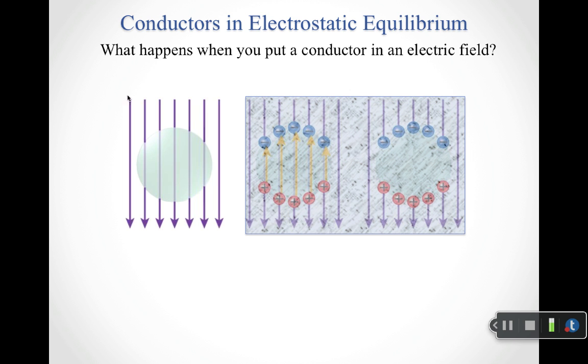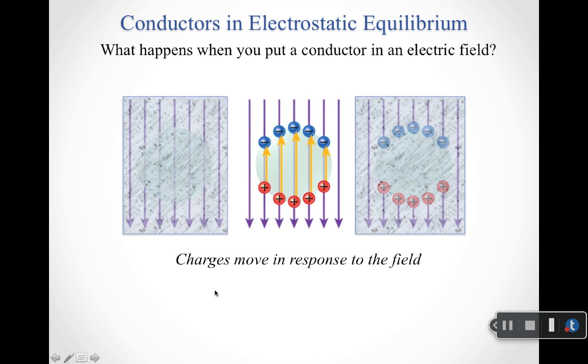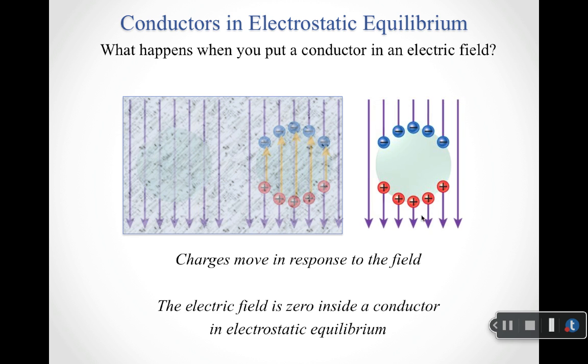So what happens? When we put this conductor into an electric field, because it's a conductor, that means it has free charges. And so those charges move in response to the field. Here we have a constant electric field that points downward. That would be as if there was a positive plate up here at the top, a negative plate down here at the bottom. And so the free charges on our conductor are going to move so that the electrons will line up over here. That will leave a deficit of electrons along this side over here. And basically the charges will continue to move until the field that they generate